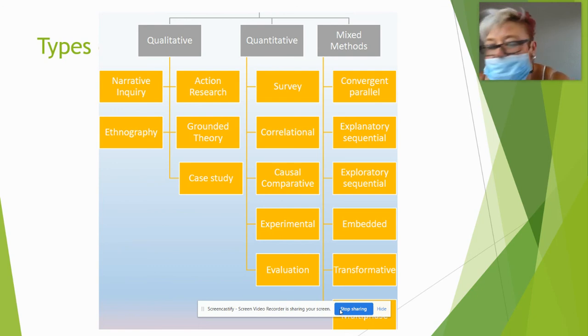Then immediately, the minute you start interviewing people, you are in action research, okay, which is another side of research. You can either work on a theory going underneath that, which is a grounded theory. So somebody has put out this theory and you are trying to reprove that that theory is true. Or you take a case study, like a whole class of people, and you do a study on it. Right. The next one